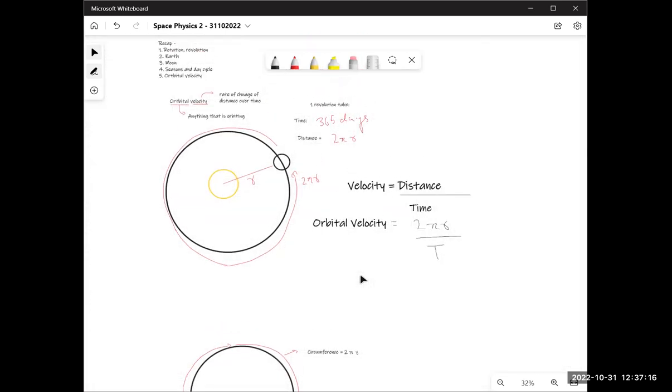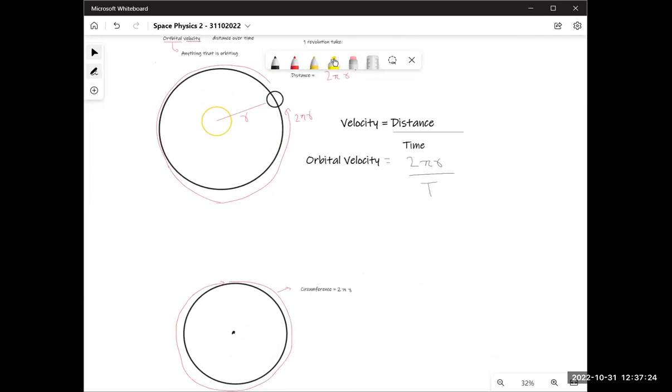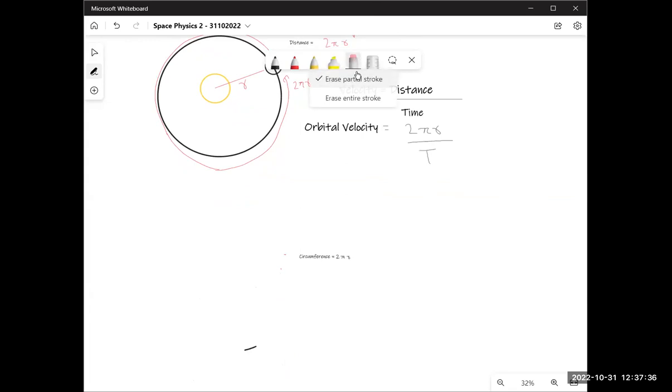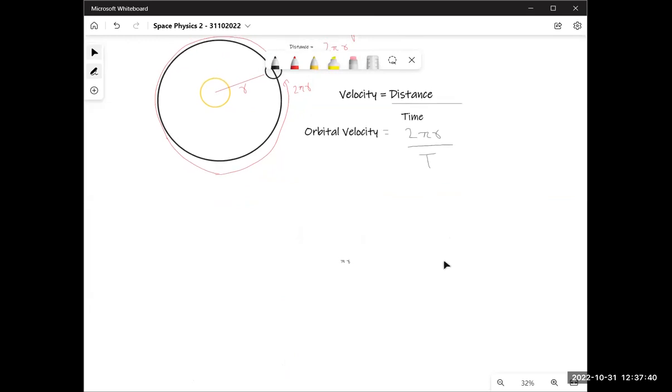Now fine. So we do not consider the elliptical orbit. We do not consider the ellipse as the shape. We take it as a circle. Even for class 11, 12, we'll also be doing the same thing. So we don't take it as an ellipse. And how do we find out the distance? How do we find the distance, right?